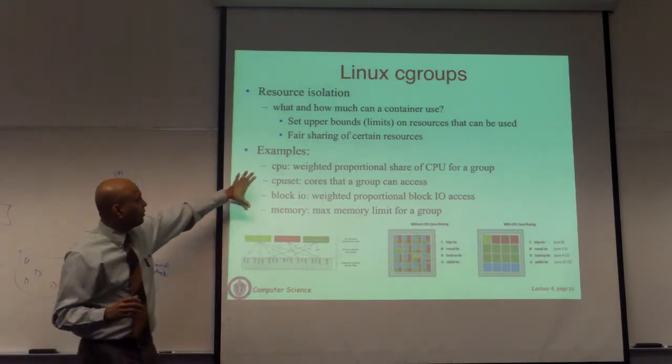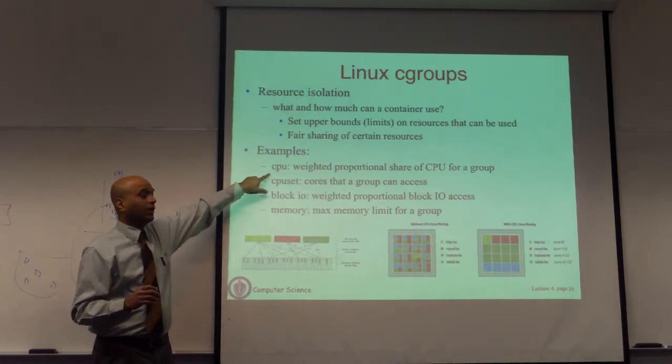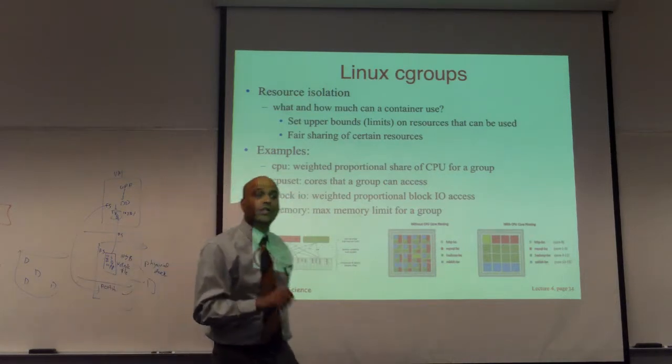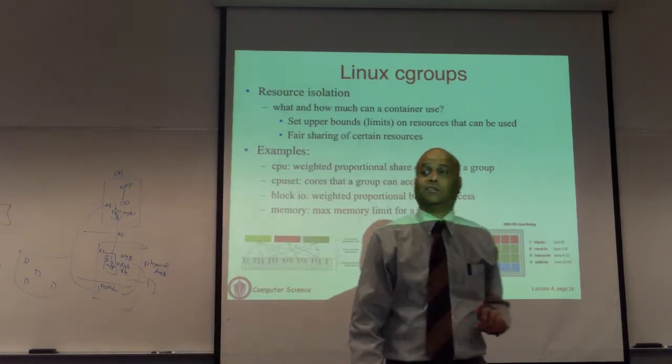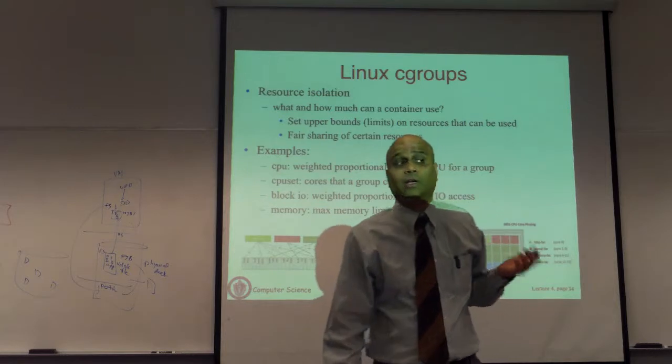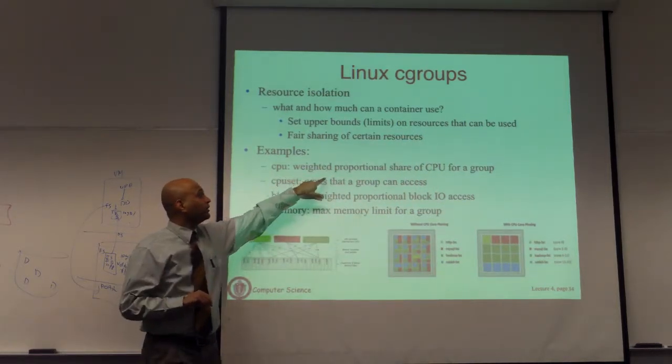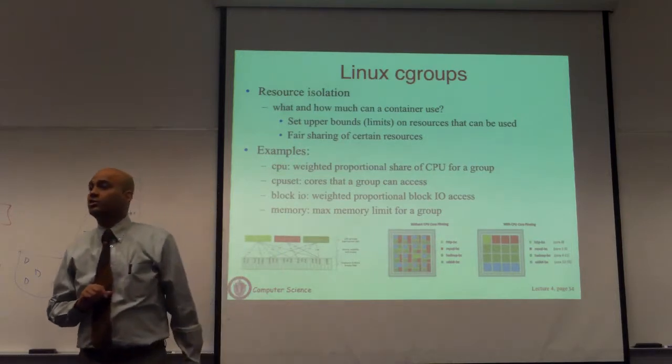So here are some of these notions. You can essentially say there's a technical CPU set. You can dedicate cores. If you have 4 cores, you can say this container only accesses this 1 core. Okay, that's a CPU set. Or you can do what was mentioned earlier, the same question had come up. You can say, or do what is called weighted proportional share.